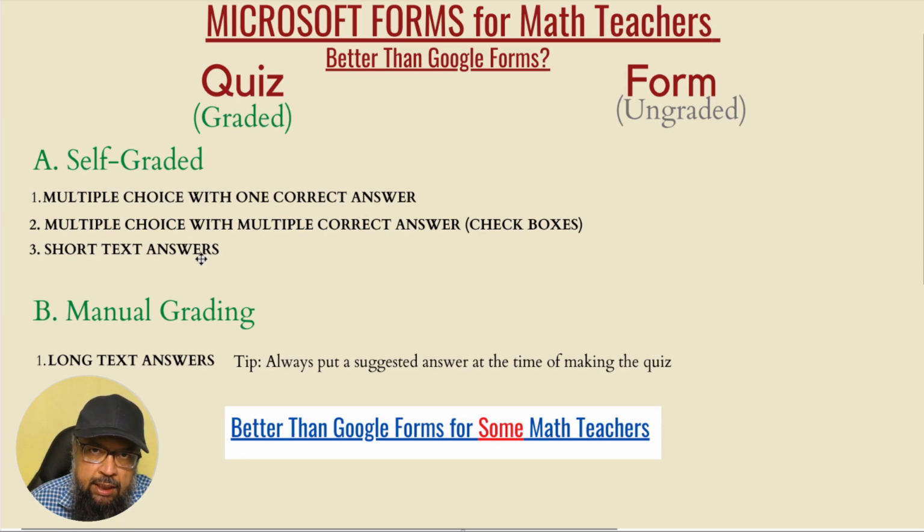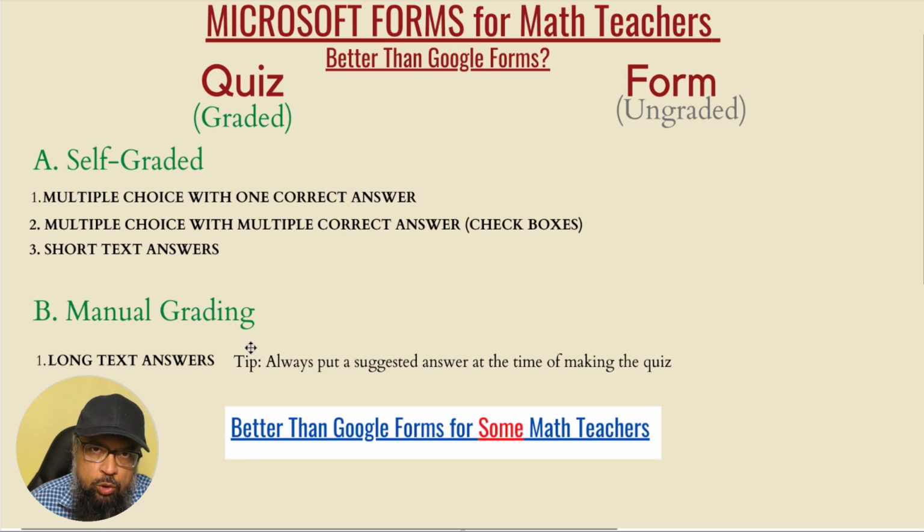But the problem here is that sometimes synonyms can be used by students, and it is a good idea to review the responses later on. So in this case, you do not release the score of the students, you delay it, you first manually review the answers and then you post the score. And then there are questions which have long text answers, open-ended questions, and in these types of questions normally you have to do a manual review, until the application has some artificial intelligence features, and then you might be able to self-grade open-ended questions as well.